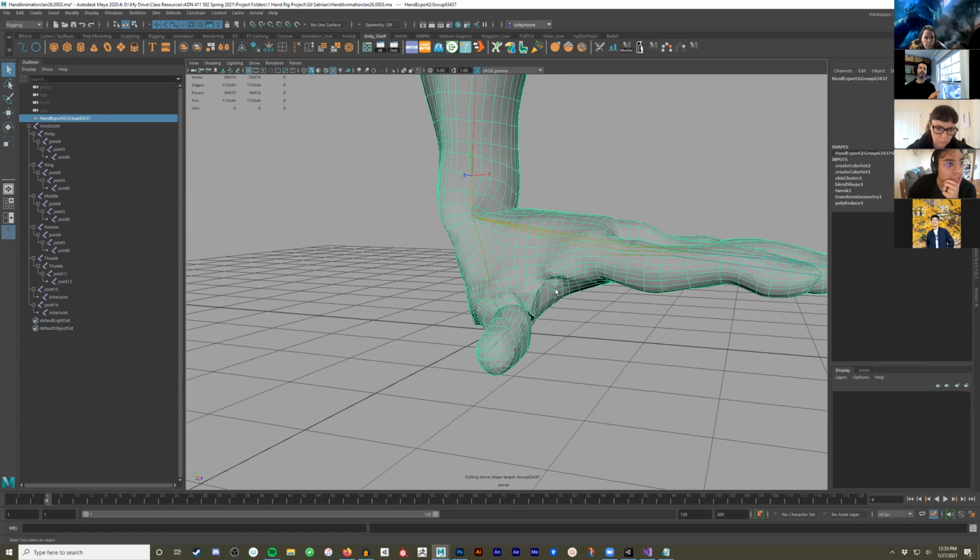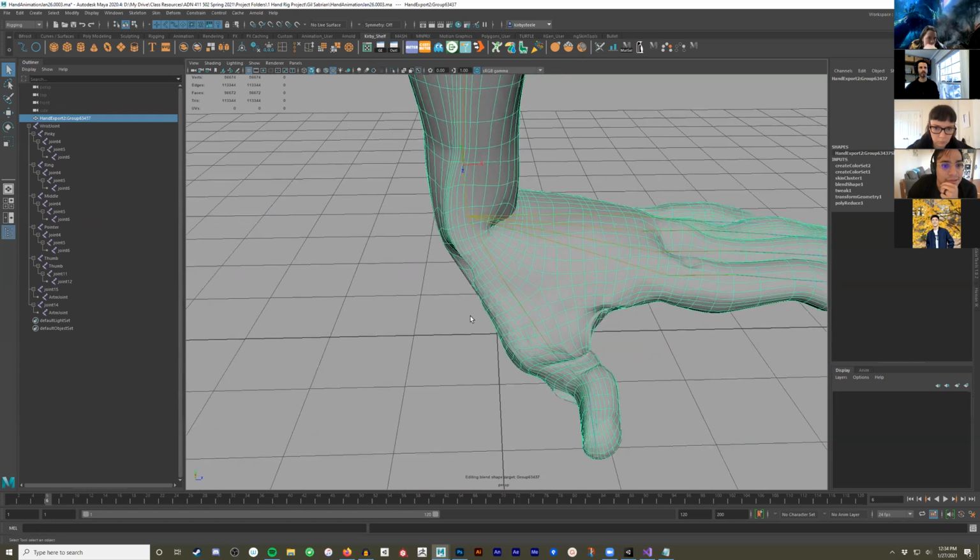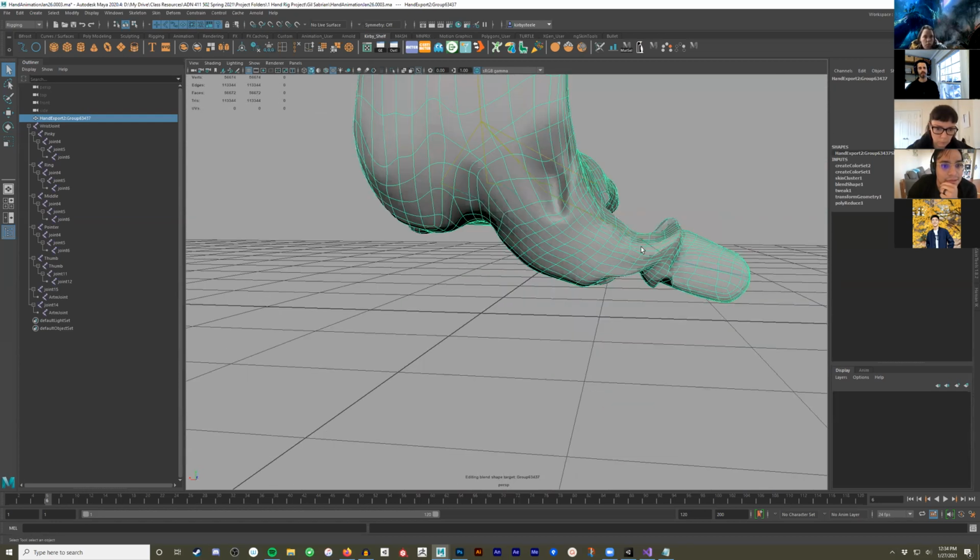Cool. The second note is, you've done some sculpting after the fact, and that can sometimes backfire, and I think in this case maybe it backfired a little bit, because when your hand is at rest, you probably don't want it to have this stuff going on. We're going to cover later